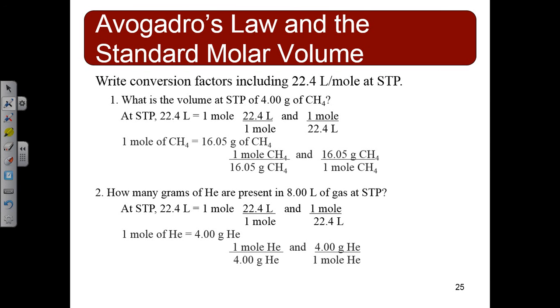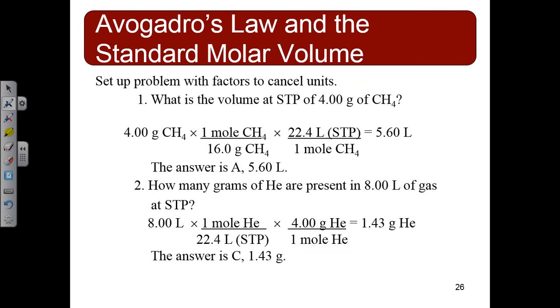We need our standard molar volume. There's 22.4 liters in 1 mole. Okay, we need our molar mass, our grams and moles. Okay, we got to decide if they're going to plug in this way or this way, and we base that off canceling our units. Here we're going to need the same thing. We get 22.4 liters. And then here, now we're using helium. I thought we were using CH4 a second ago, but helium has a mass of 4. Okay, so that's its atomic weight on the periodic table.